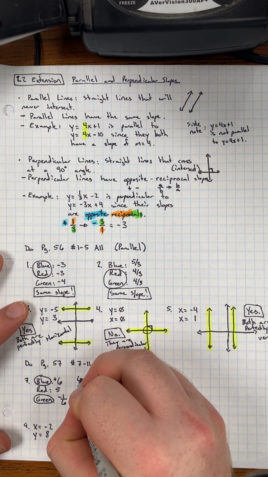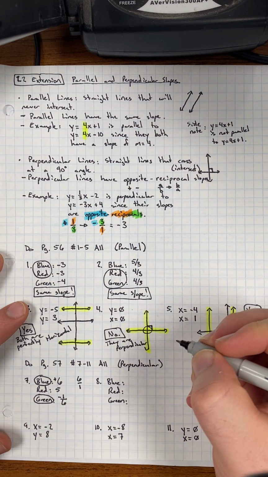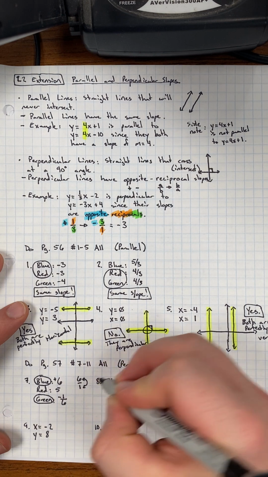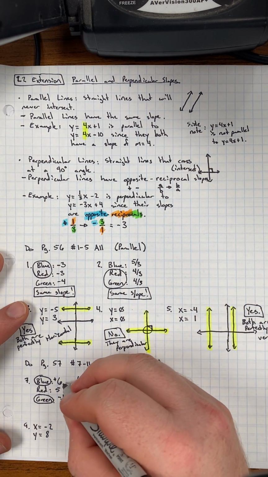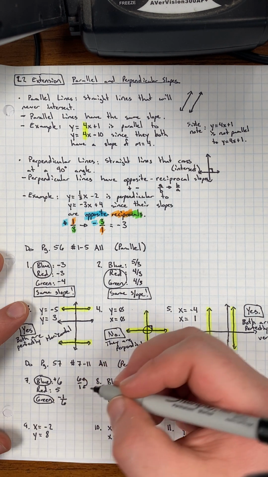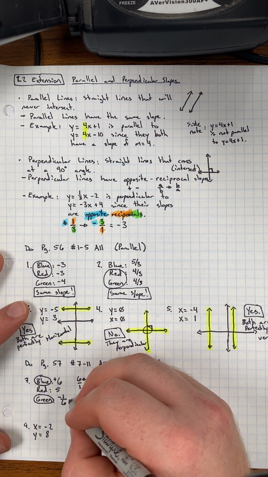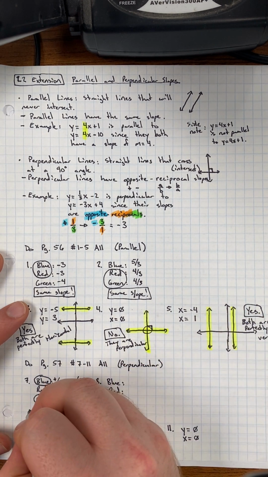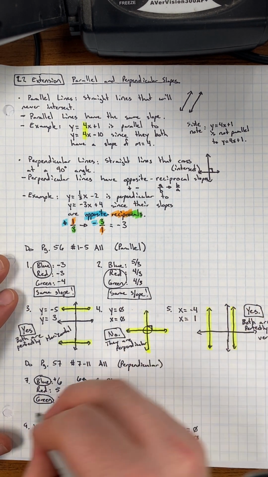Well, I know that 6 is the same thing as 6 over 1. If I were to flip that and find the reciprocal, I would get 1/6. Is this 1/6? Yeah, this is. This is -1/6, which means it's an opposite reciprocal of 6, which means the reason why these are perpendicular is